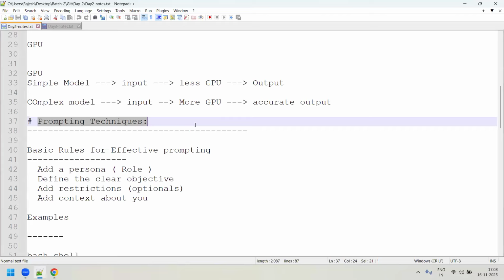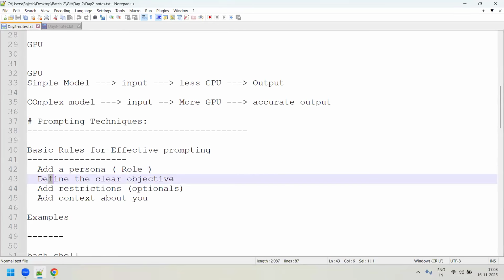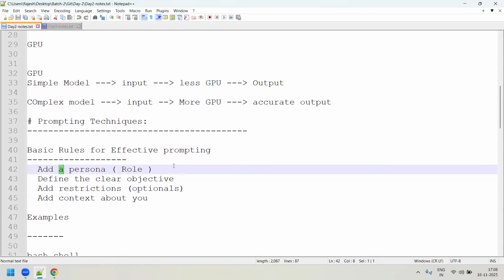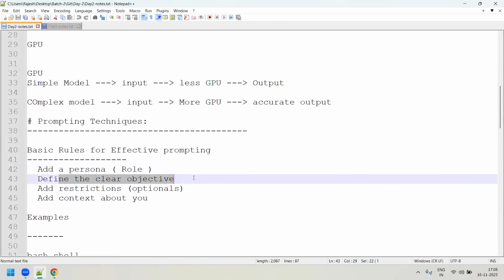We need to provide a better prompt, and for that you need to add a persona, and also you need to provide the objective, like what is required, as well as add some kind of context about yourself, like I am an expert in cloud engineering, or I'm an AWS architect, or I'm a DevOps architect, something like that. We provide the context about ourselves, as well as our persona, the role and what we do, and later we provide our clear objective, like what exactly is needed, right?